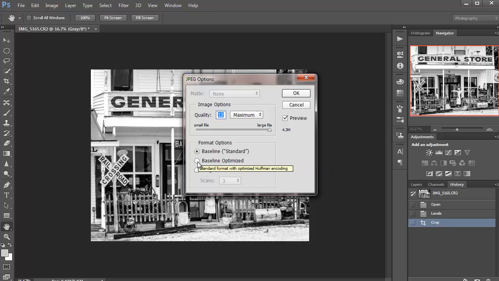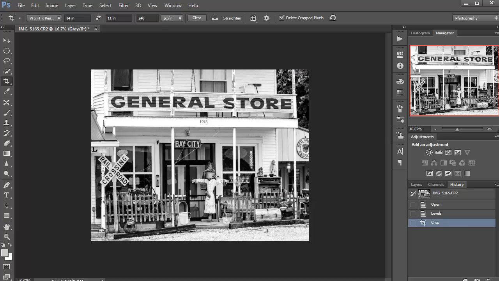I would probably go ahead and just see what's the difference between these two. Nothing. I do want it to be baseline optimized, I believe, and click OK, and we're good to go. So that kind of wraps that part up. But you see, it's really not a difficult